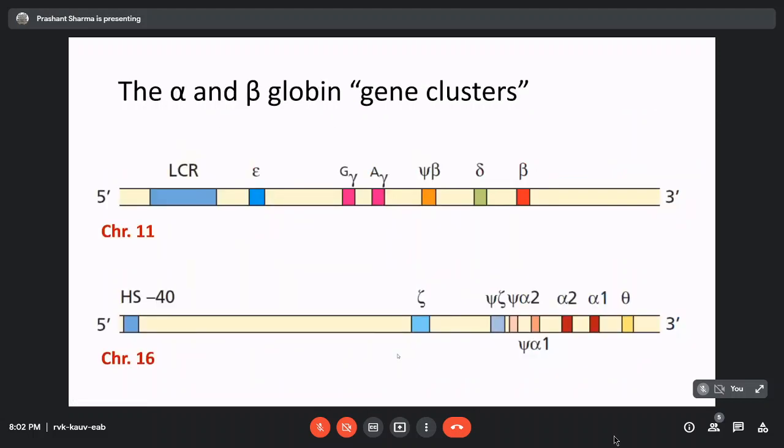So this is a closer look at the alpha and beta globin gene clusters. What we have going on here, and just focus on the image on the top at the moment. This is chromosome 11, 5 prime to 3 prime. This is the major producer, the beta globin, which is present most 3 prime. Then subsequently, these are the two genes which are in play during in utero life, the G gamma and the A gamma. They are virtually copies of each other except for a nucleotide here and there.